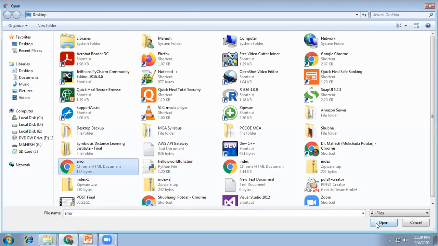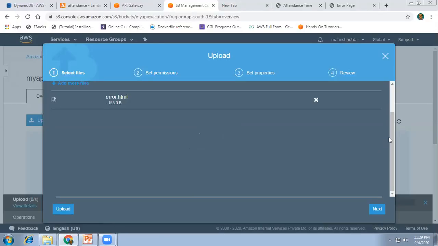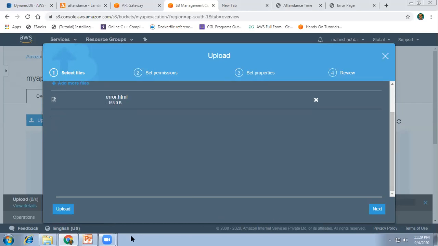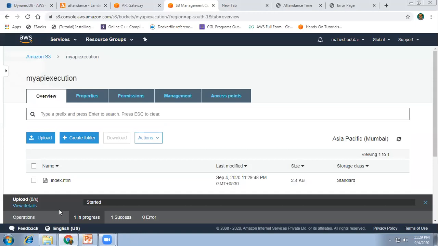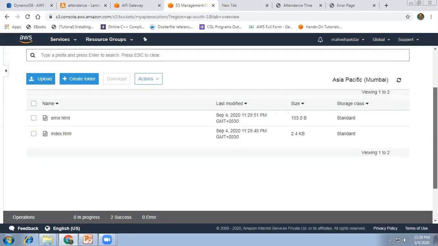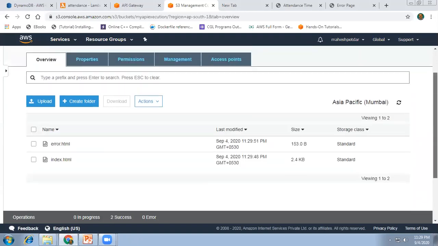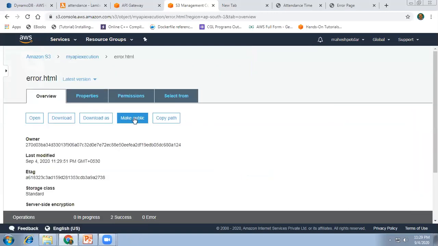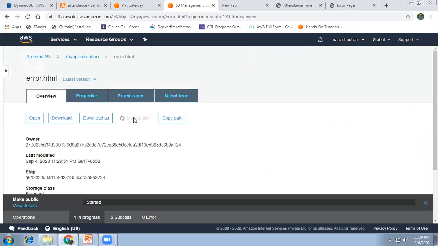Upload these two files. So index.html is uploaded, and error.html is also uploaded. After uploading the files, click on the file and make it public.